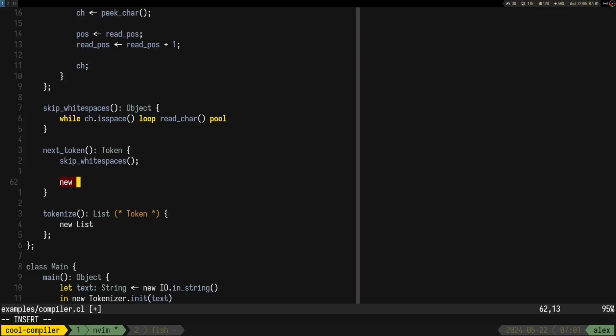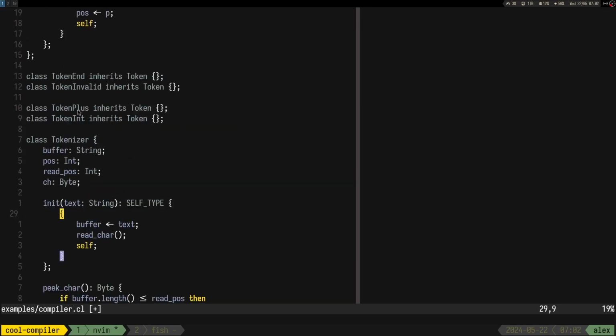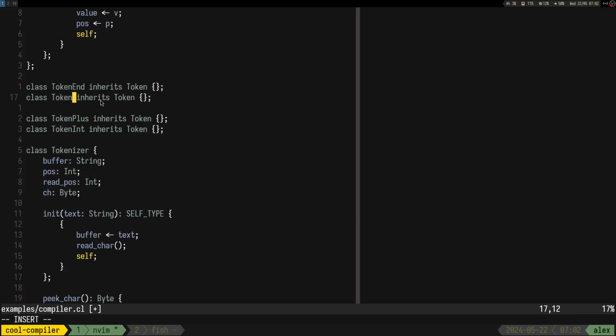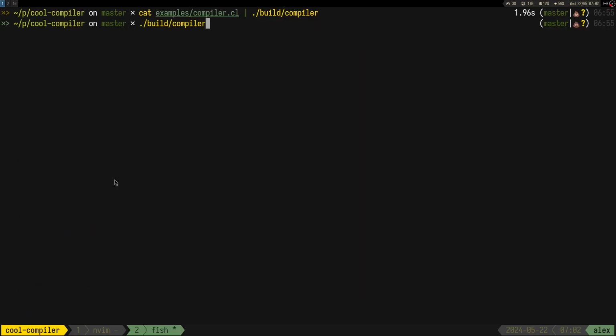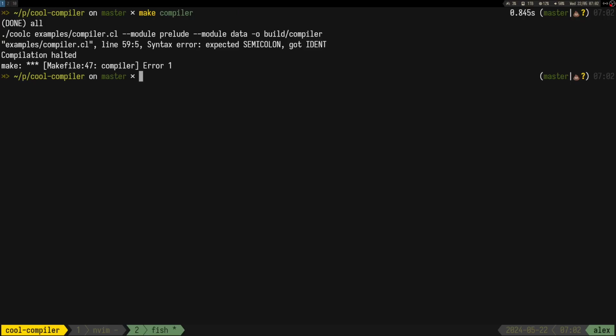But we could also do token. I think I was calling it illegal, so let's do illegal also, just to make it compile, right? So okay, now that we need to make it first.